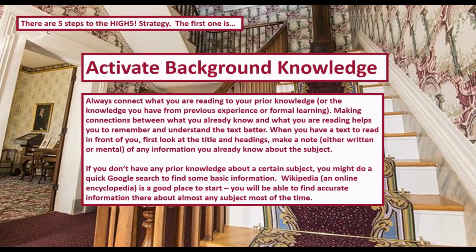So HIGH5. There are 5 steps to the HIGH5 strategy. The first one is to activate your background knowledge. So always connect what you are reading to your prior knowledge, or the knowledge you have from previous experience or formal learning. Making connections between what you already know and what you are reading helps you to remember and understand the text better. When you have a text to read in front of you, first look at the title and headings,